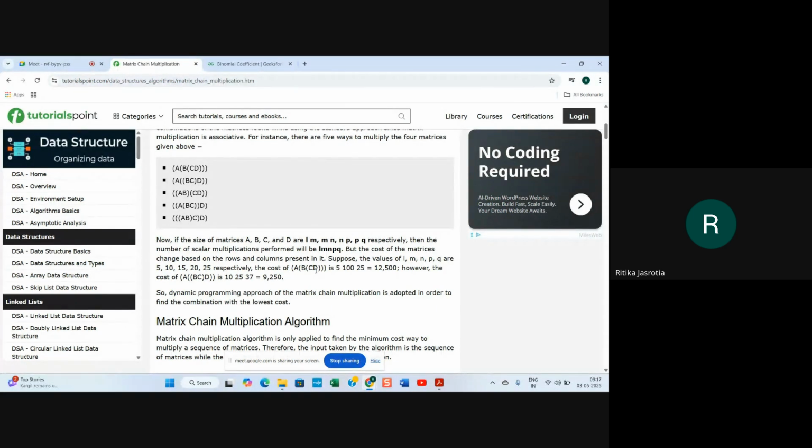The cost of A into B into CD: if we calculate CD first, it will be 20 into 25 into 25, I think, which is 500. And 500 into